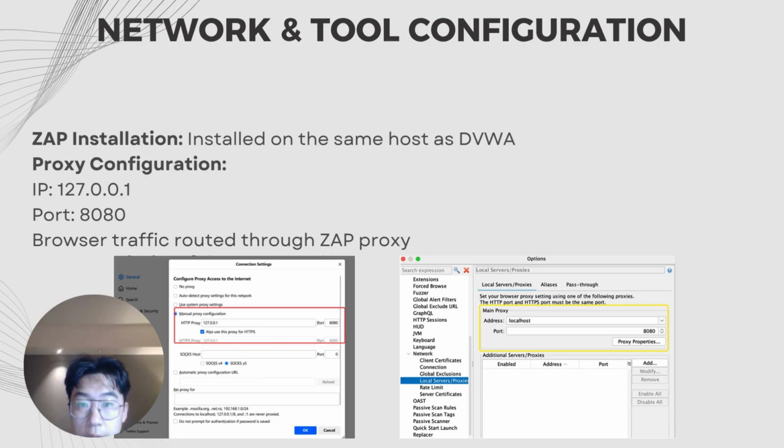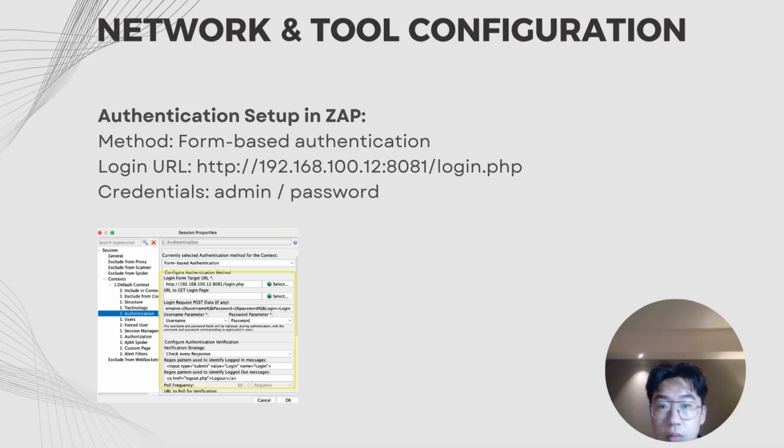Next, we open ZAP on the attacking machine, and we configure the proxy setting as follows: IP 127.0.0.1, port 8080. Then we go to browser settings and route our HTTP traffic through this proxy. And after that, we configure